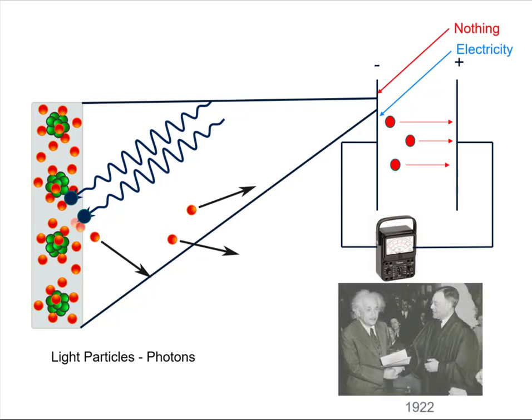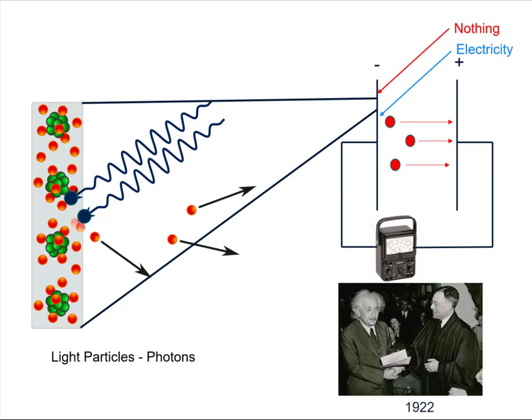So in 1922, they said, hey, come and get your Nobel Prize. This is what Einstein won the Nobel Prize for, this explanation of the photoelectric effect. It was good, it was basic, it was, in the end, very clear what was going on, but it took someone of Einstein's caliber to figure it out. He didn't win the Nobel Prize for relativity. No one was really sure about relativity. Everyone's like, really? If you say so, but maybe not. But this was very clear and actually very good work.